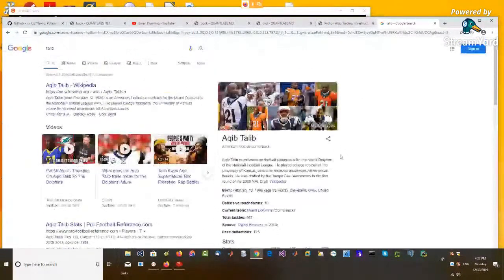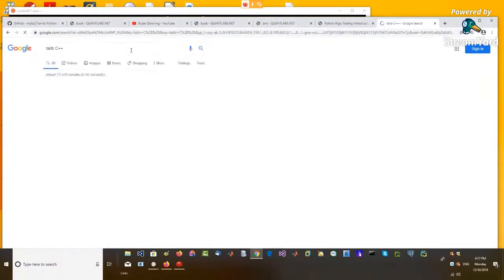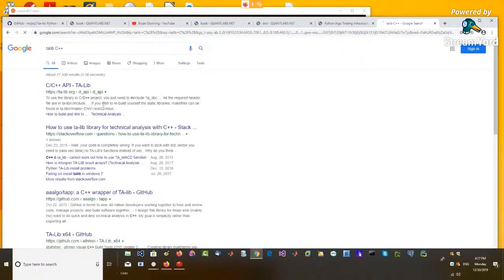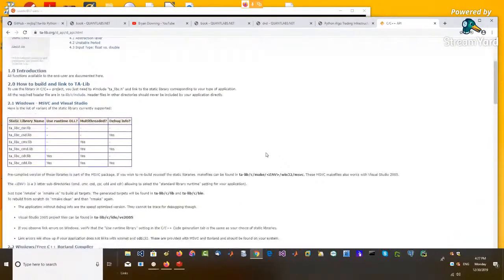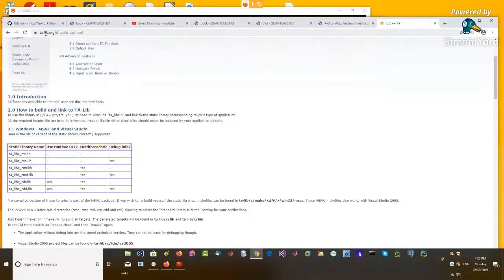let's see here. I'll probably have to put in TA-LIB C++. It's a pretty popular library out there, developed by a variety of people. It's been around for a while. It's a standard. A lot of people use it. So if you come over to